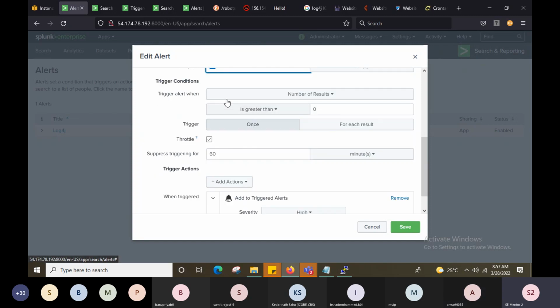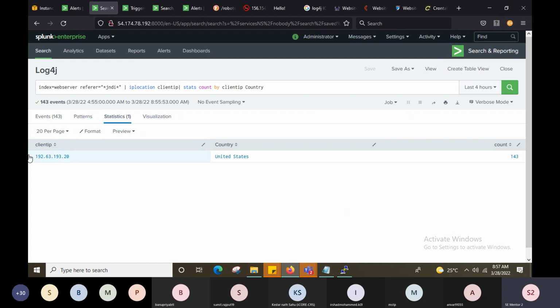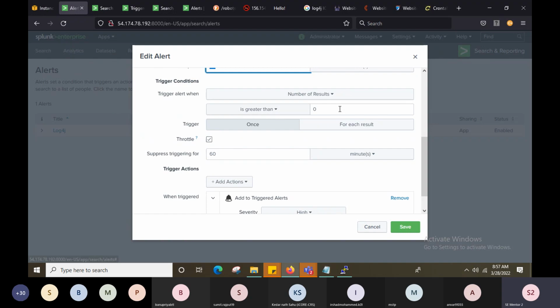Trigger condition, alert when the number of results. The result, whatever we get, right? This is one result what we have got. Yes, I want it to trigger an alert even if there is one single match. So that's the reason I've mentioned is greater than 0. Yes, and trigger once